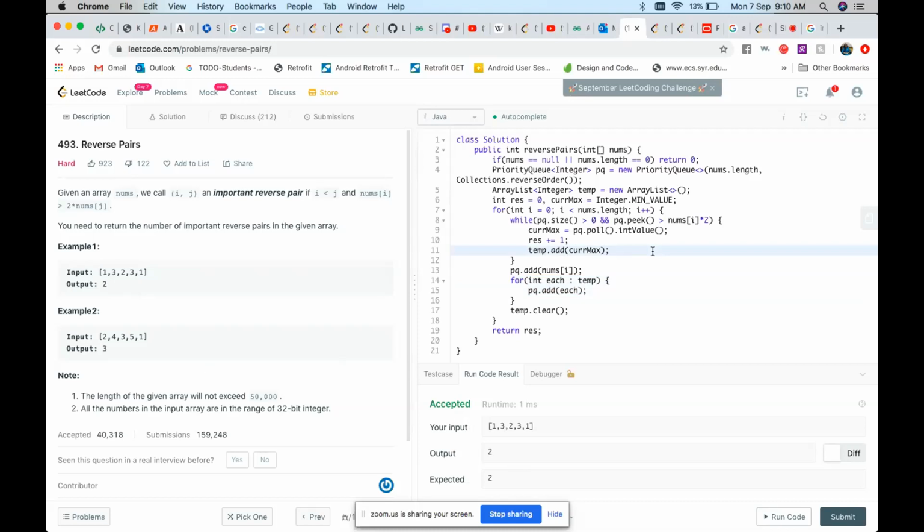Once you popped the element and found that those threes were fulfilling your condition, what was the reason for putting them inside the queue again? Because in this current example, for the last one, we will get the output 2 for 3 1 and the other 3 1, right? Suppose there is another element, like maybe 4, after the last element 1. For that 4, I want all these elements in the queue again. Okay, got it.